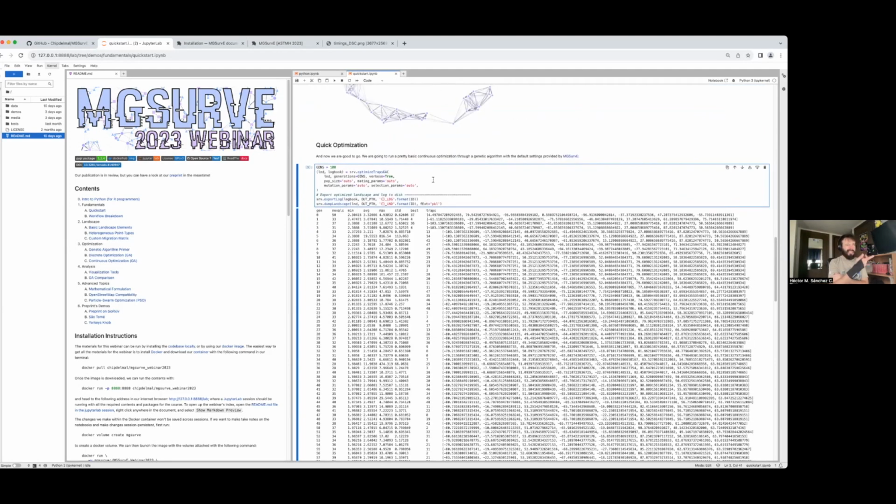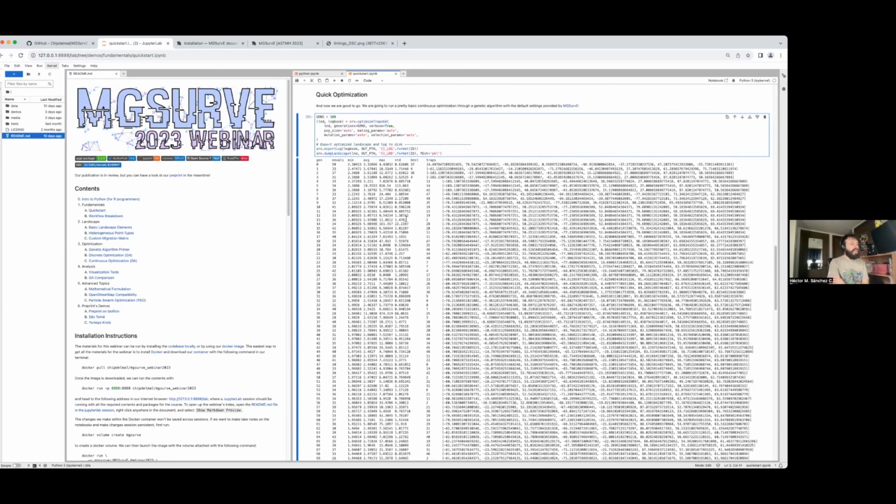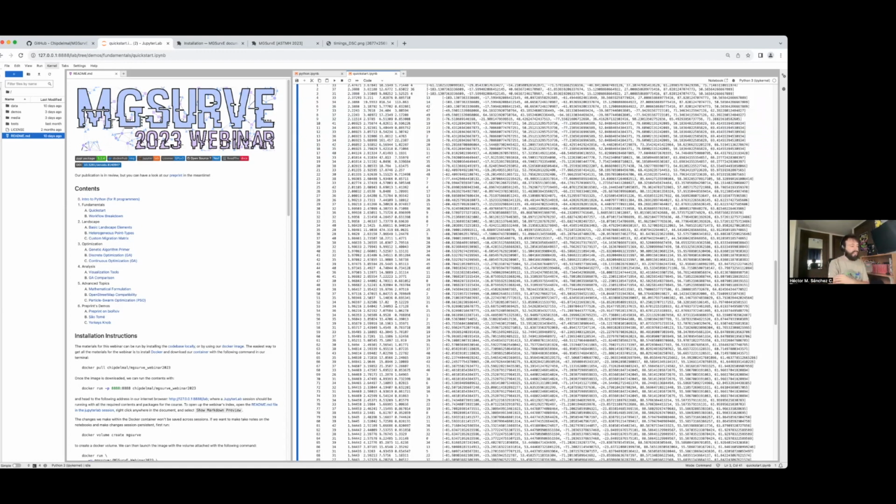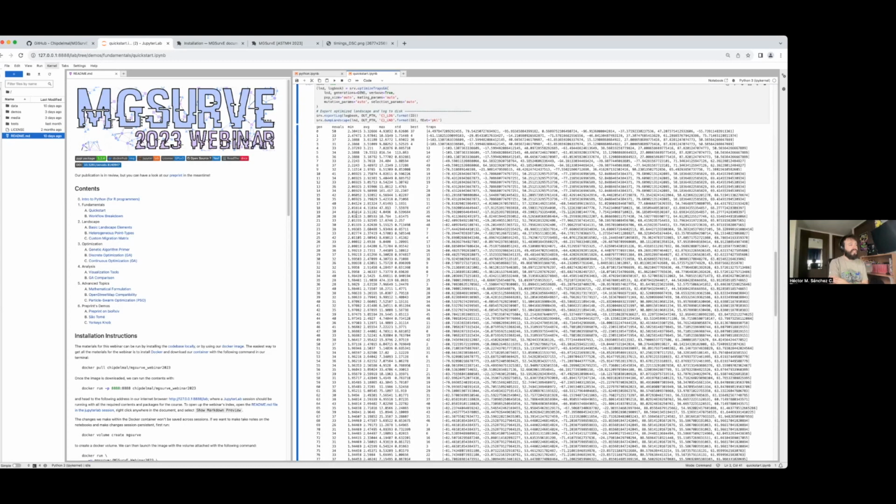I'm not going to run it again because it takes a couple of seconds. But once it's launched, we can see this. The most important column in this whole thing is the mean. And what that column is doing is minimizing the average time it would take for a mosquito to fall into a trap, provided that it started anywhere in the landscape. So in general, we want that number to be as low as possible. That would maximize the efficiency of our traps. And we can see that it's decreasing as the